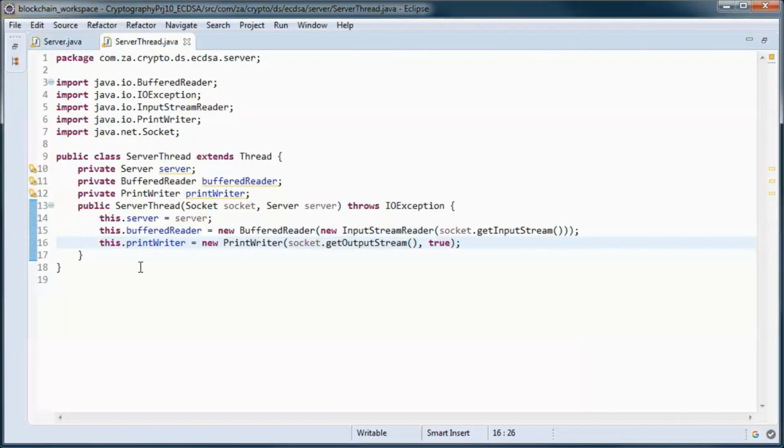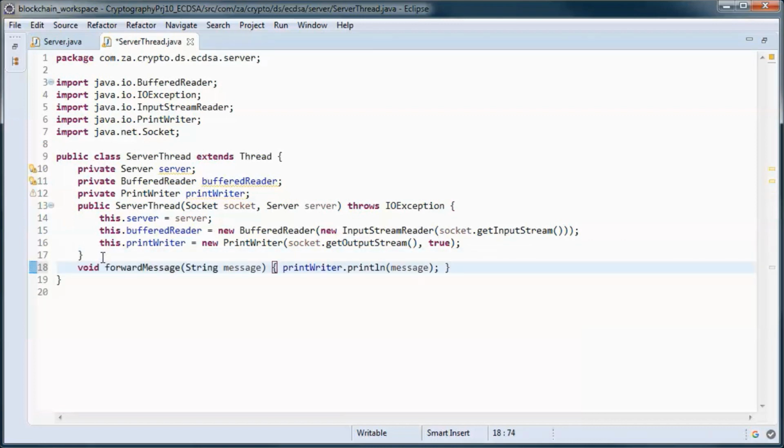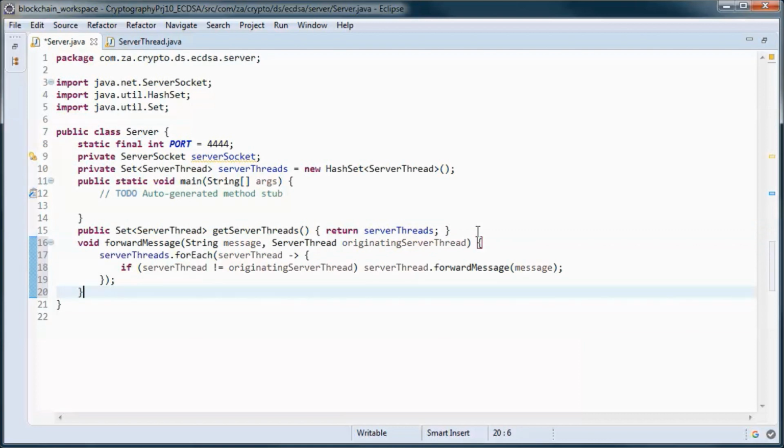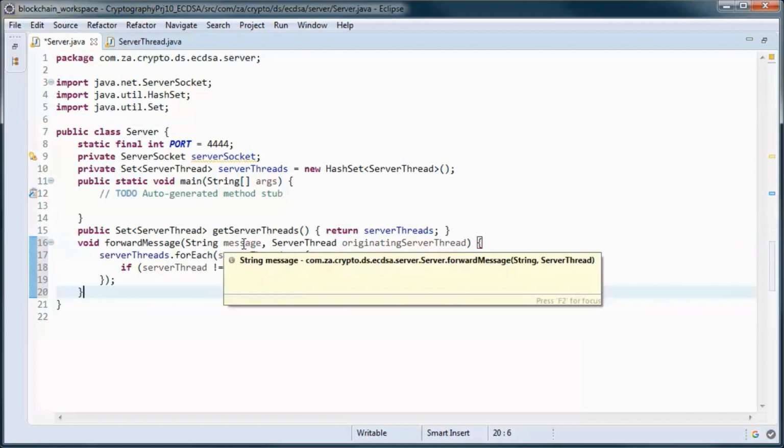And this method does message forwarding, and we will call it from here to forward messages from Alice to Bob, or the other way around.